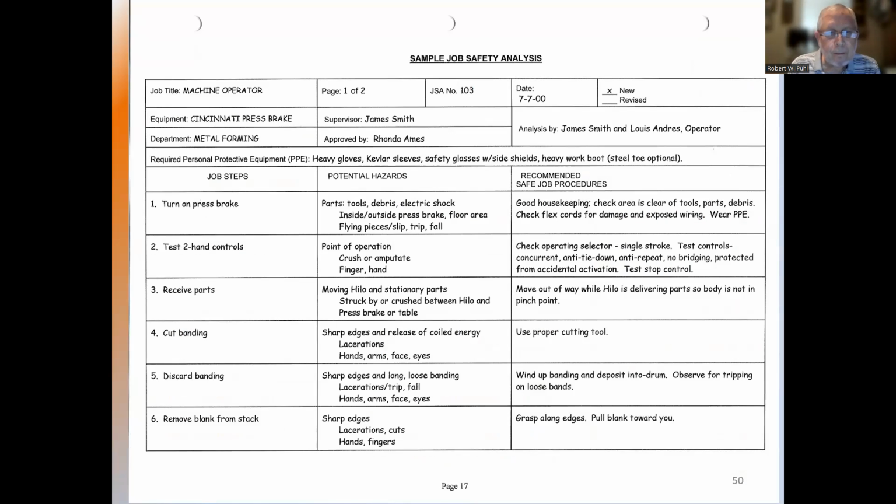This is for a press brake. We're going to go through this pretty quick. Part one, turn on a press brake. Parts, tools, potential hazards: tools, debris, electric shock, inside, outside press brake, floor area, flying pieces, slip, trip, and fall. Recommended safe job procedures: good housekeeping, check areas clear of tools, parts, debris, check flex cords for damaged and exposed wiring, wear PPE. Now, here at the top, they show you a line that says